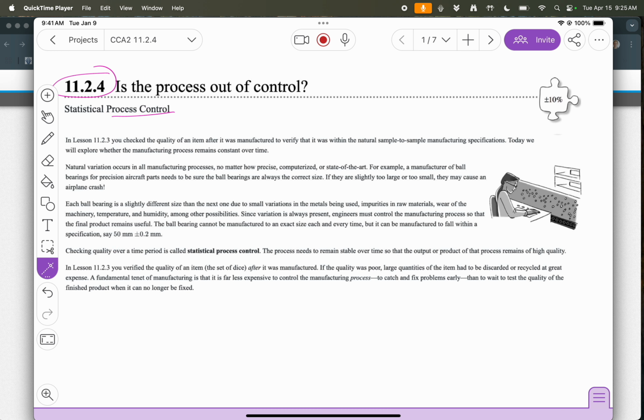But even in those hyper computerized, hyper tight tolerances, there is still a tolerance. There's still this size that we're aiming for, plus or minus this. So that whole thing, and basically checking that over time, is a process called statistical process control. The process needs to remain stable over time so that the product of that process remains high quality. So in lesson 11.2.3, last lesson, you verified the quality of it after it was